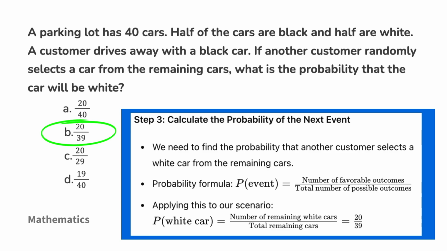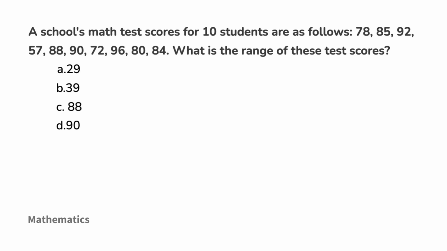So for this case, this comes out to be 20 over 39. Is that what you got too? Excellent. Let's keep going. A school's math test scores for 10 students are as follows: 78, 85, 92, 57, 88,